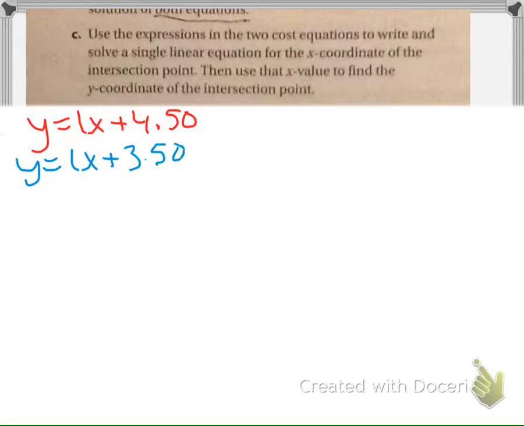Okay, for C is when it wants us to algebraically actually solve for the intersection point. So we know there's not going to be one, but we still need to show our work. So I had y equals 1x plus $4.50, and my second equation was y equals 1x plus $3.50. Since both of the equations are equal to y, that means I can set them equal to each other. So I can do 1x plus $4.50 and then equals